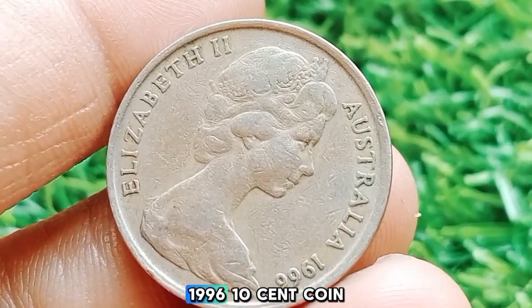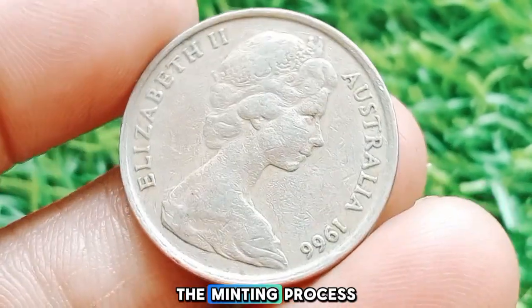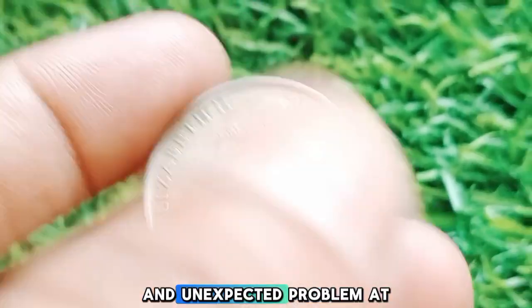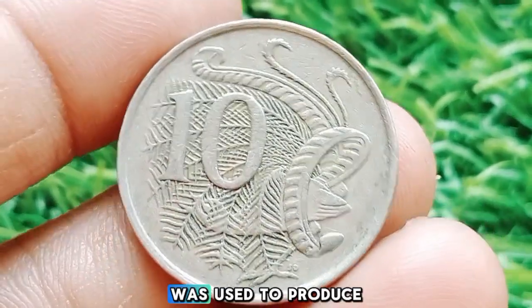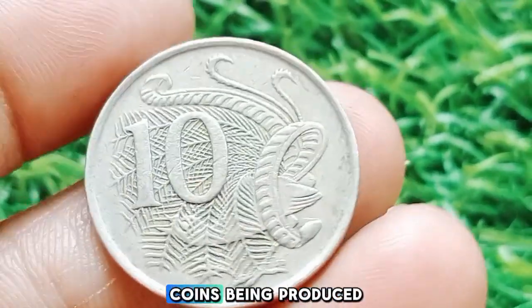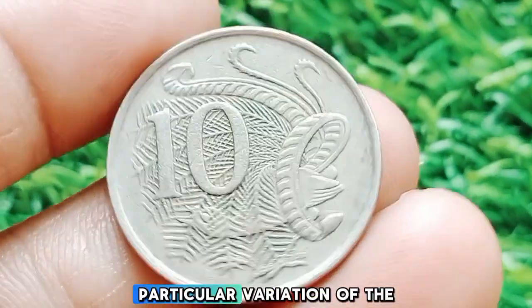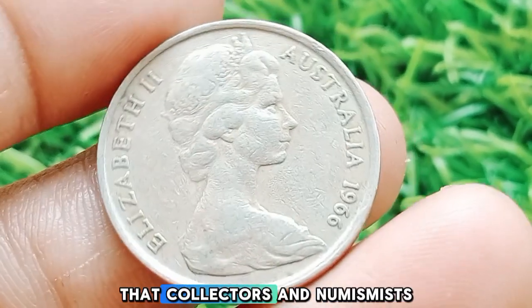The rarity of the 1996 10-cent coin stems from a production error that happened during the minting process. In 1996, there was a unique and unexpected problem at the Royal Australian Mint. The minting press that was used to produce the coins had a malfunction, leading to a small batch of 10-cent coins being produced with a major flaw. This mistake created a particular variation of the 1996 10-cent coin, which is the one that collectors and numismatists go